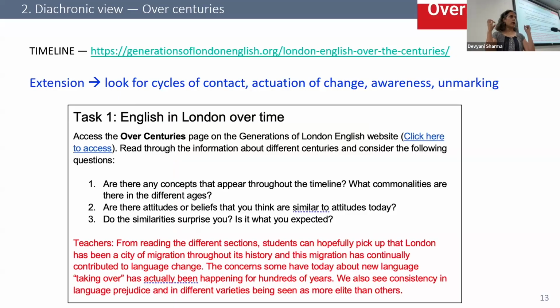So we've got a few concepts in mind, that there's going to be a cycle of change. We'll have some kind of starting point. It's going to be more contact for the examples we're looking at now. So look for initiation of some change in language through contact of different kinds. It doesn't mean it's always someone coming from outside the national level. It can also be small scale. Triggering some changes, awareness shifting, and then gradual unmarking, which is something we talk about less.